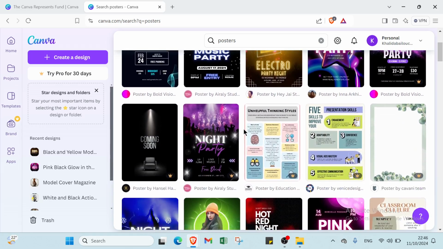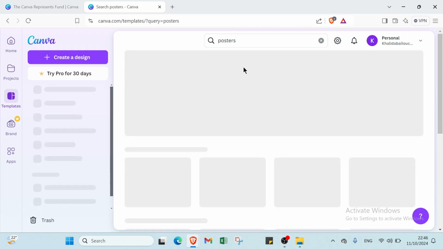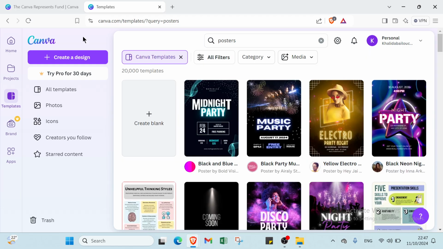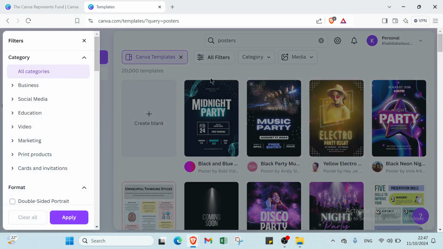As you can see, we have various templates. I will click over see all, and I will just find other templates like that. So as you can see, here we have it. We have 20,000 templates. About filters, I will set the filter that I want. For example, here we have business,